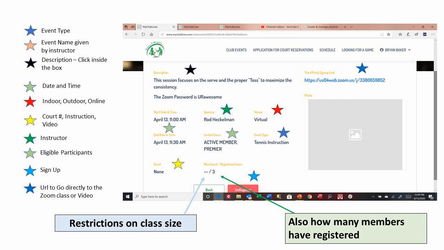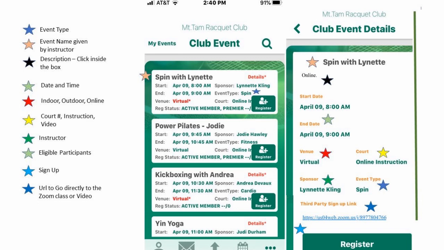The same thing is true on the mobile app. You'll see virtual and you see details. And if they have a star, there's a link, and if there's no star, there's not a link. The detail on the app, what you see are